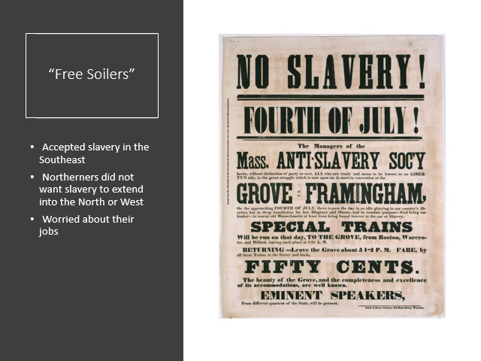And this is where you get the idea of the Free Soilers. The Free Soil Party was a short-lived political party that actually ran in presidential elections in 1848 and 1852. Their sole idea was opposition to the expansion of slavery. They wanted free soil and free men. They did not want to see slavery move into other territory.